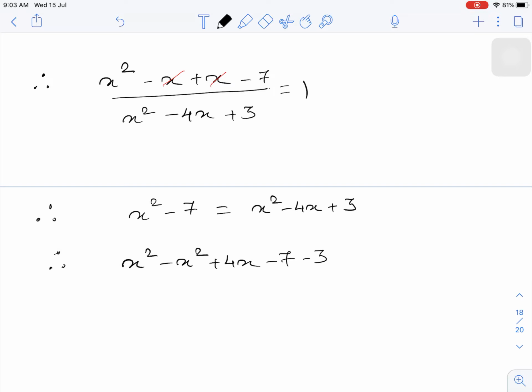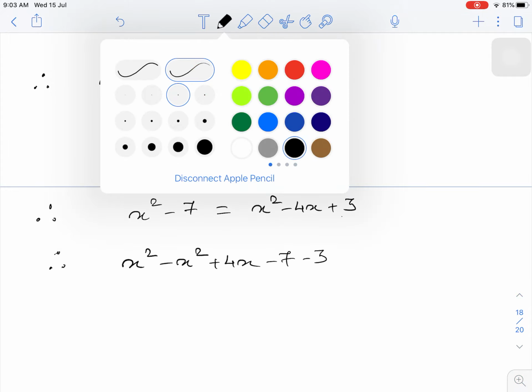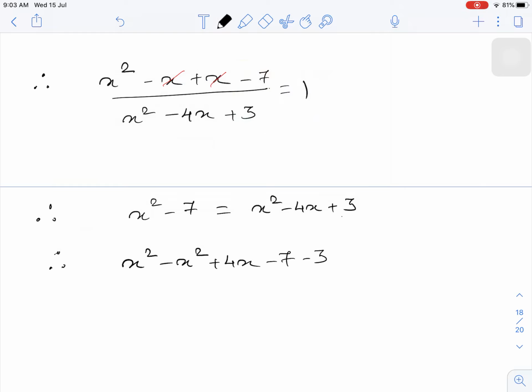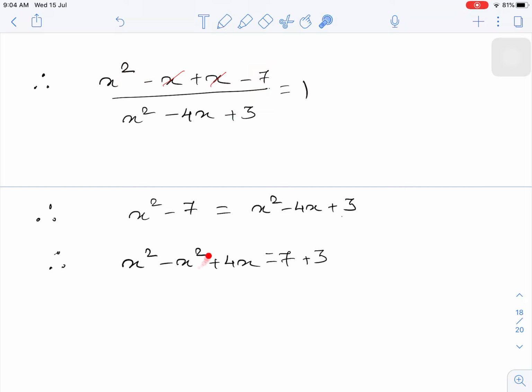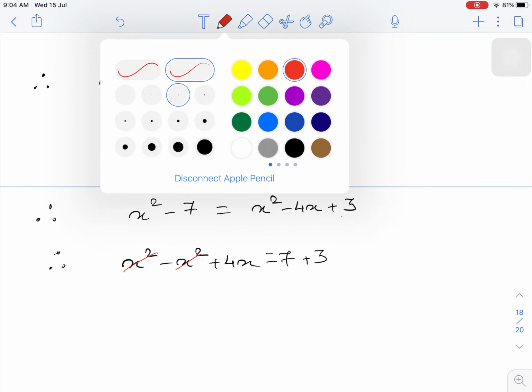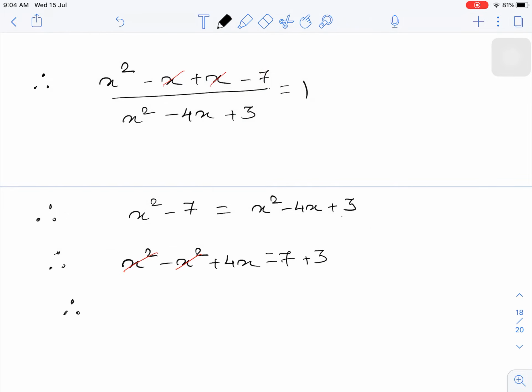or we can do one more thing, we will keep the terms without variable on the RHS. So what you will get equals to, this minus 7 will become here plus 7 and this plus 3 will be as it is. Now in the next step it can be seen that this x square and x square are like terms with opposite signs, so we can cancel it. So now what you will get further, therefore 4x equals to 7 plus 3, 10,